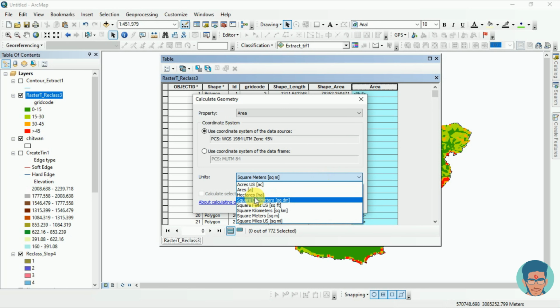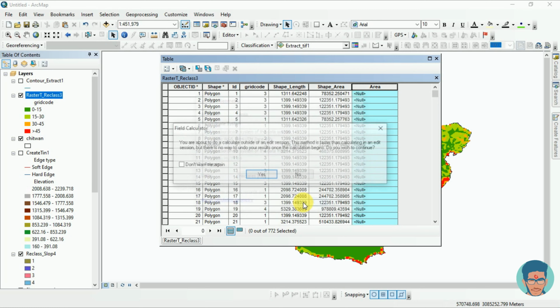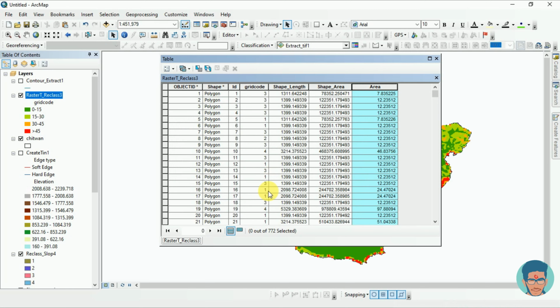Yes, we have to get it in hectare. Now this is the area of every Greek code, but what I am going to do is that